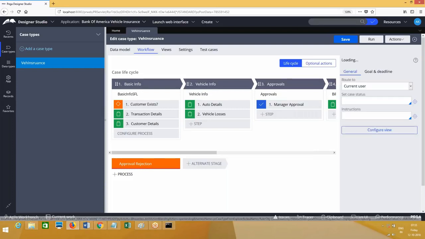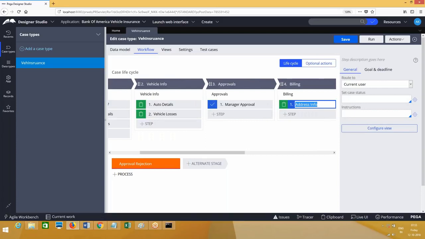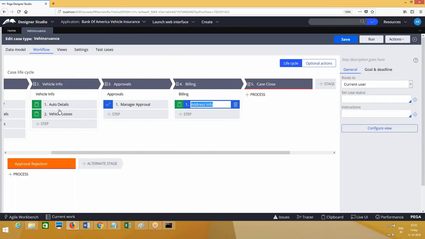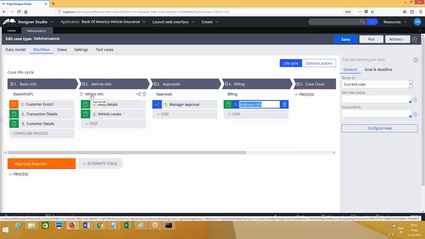So now my question is, once auto details is completed, it will execute the utility. When it executes the utility, let's say the ticket is set. Is it going to jump to this address details assignment or is it not going to jump? That is my question. It will not. Why will it not jump? It's a different flow, right? It will not jump because this is a different flow and that is a different flow. From one flow to another flow, it will not jump.